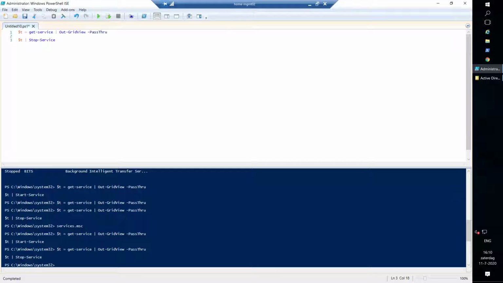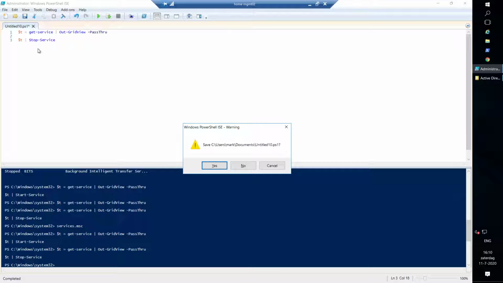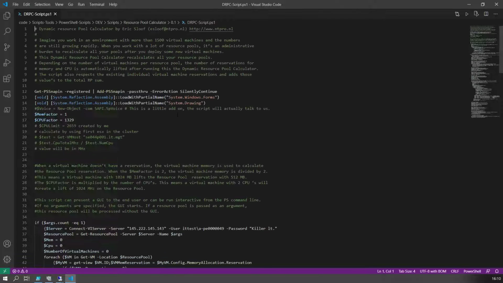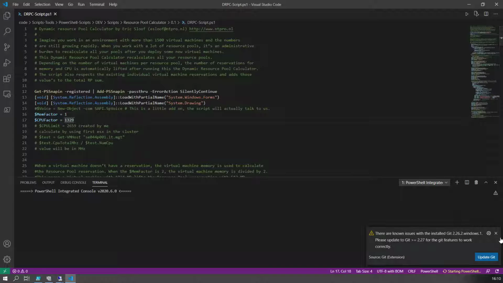Today I want to show you something. I want to teach you something about modularity, if I can pronounce it correctly. I hope you get what I mean. What I mean by modular is that you make sure your script